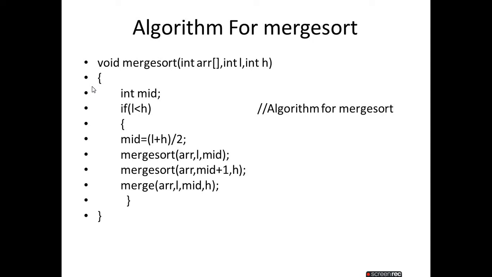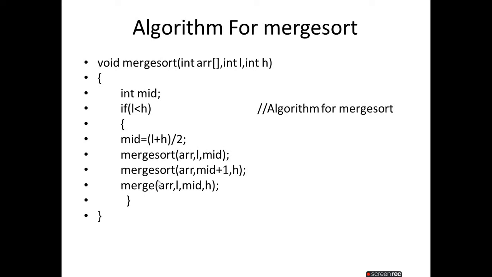Then we use the sorting. This merge sort is done. The merge sort operation is performed on these 2 subarrays, the left hand side and right hand side, meaning L to mid and mid plus 1 to high. After that operation is successful, then merge. In the previous video, part 23, I already explained how two-way merging is done. This concept is used here in two-way merging. This is the merge function.